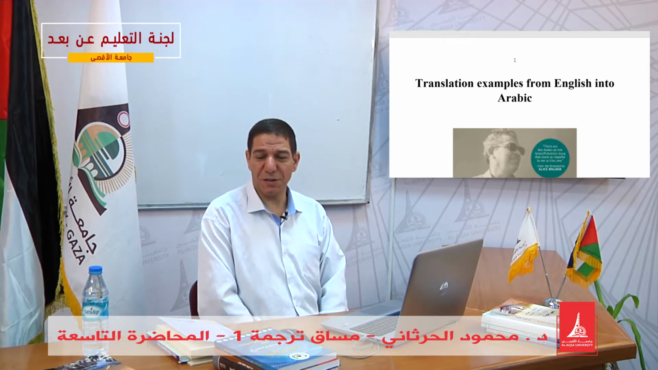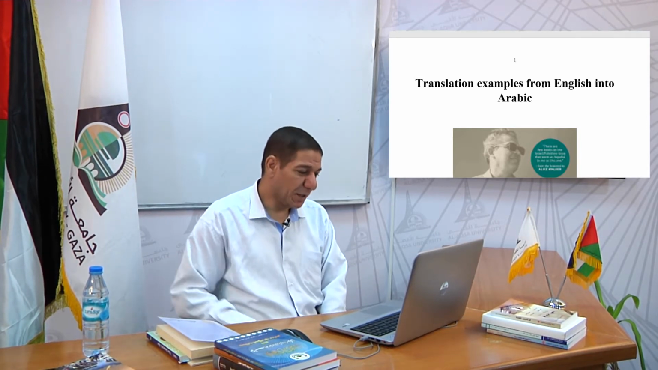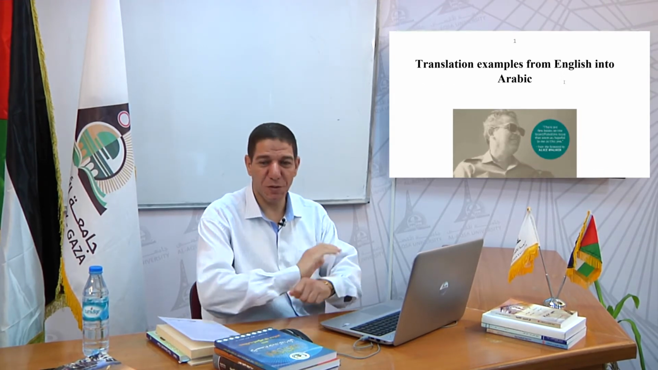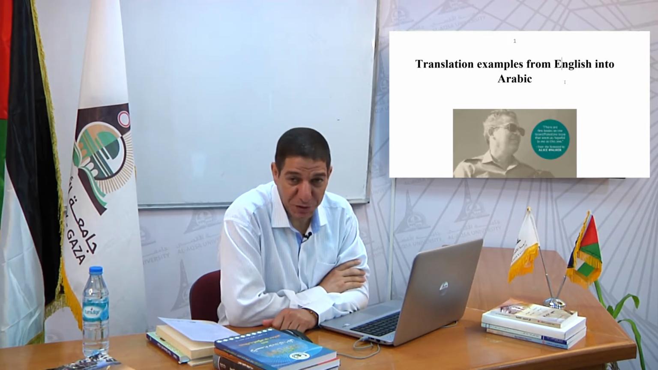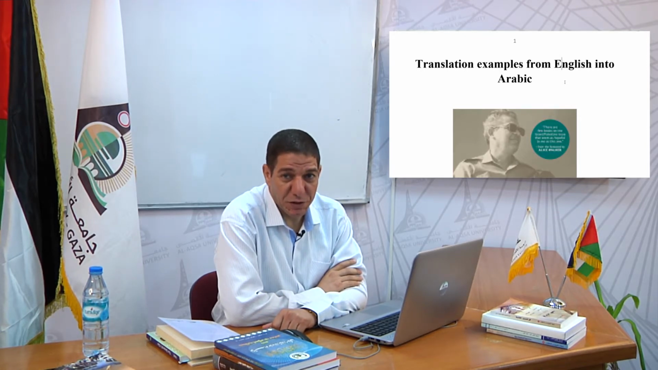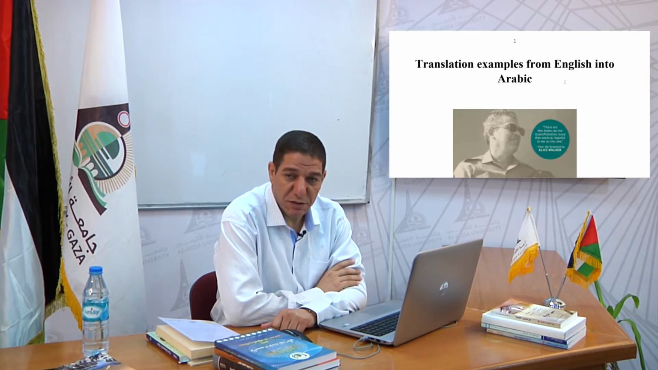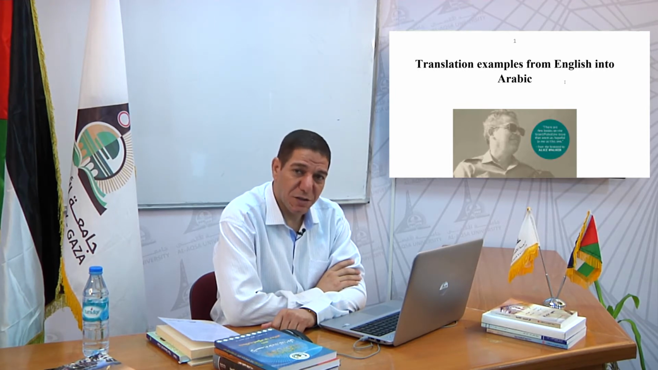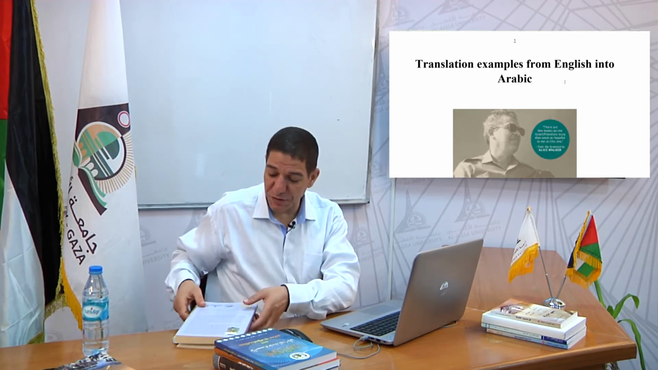This is class number 9 in translation 1, and we are going to do some examples today, to offer some examples in translation from English into Arabic. After we define translation and offer the types of translation and also the translation of idioms, the translation of phrasal verbs, the translation of modal verbs. Today I'm going to offer certain examples from